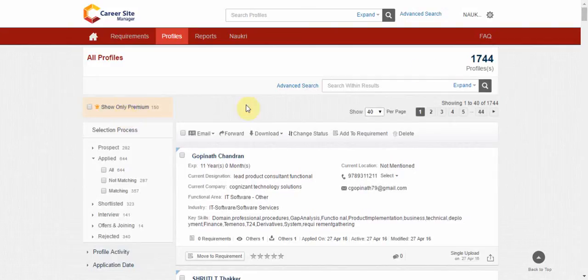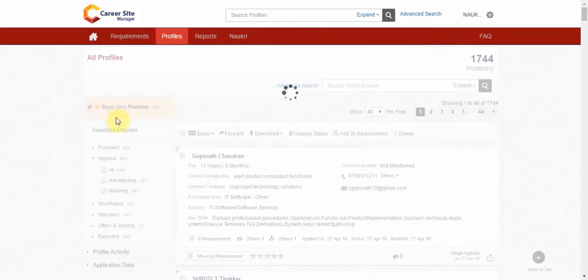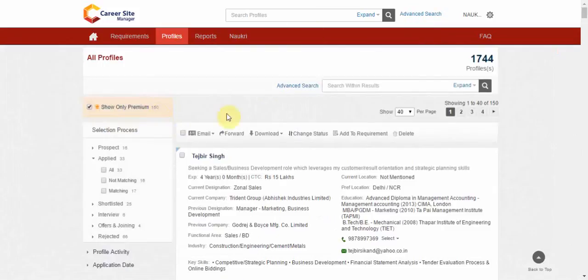So out of the 1700 plus profiles that you have, if you click on the show only premium option, you will find that there are 150 profiles which are matching the premium description. That is, these are premium candidates. So if you see the first profile that you have here, it's someone who is working in a senior role of zonal manager for sales, has done an MBA from a premium institute, who has also done his BTech from a very premium institute. As such, CSM's powerful filter option allows you to work with the best candidates in just